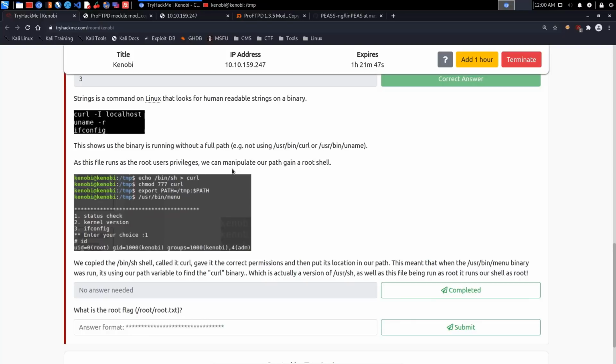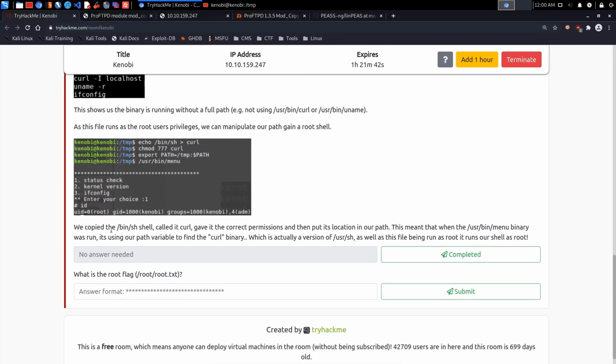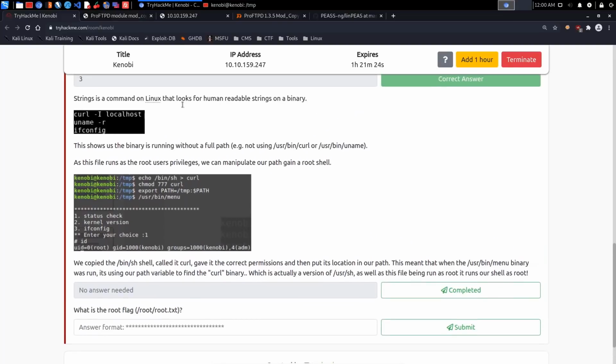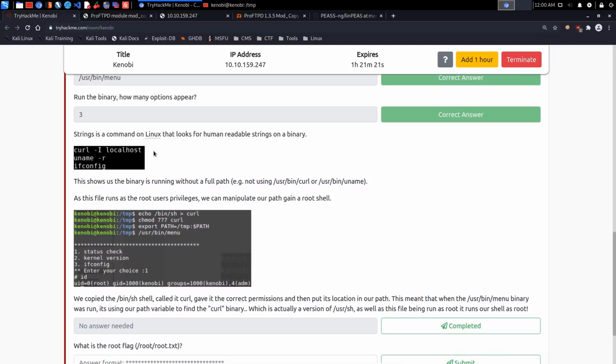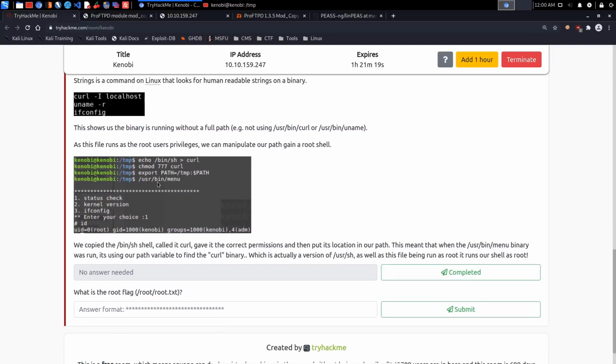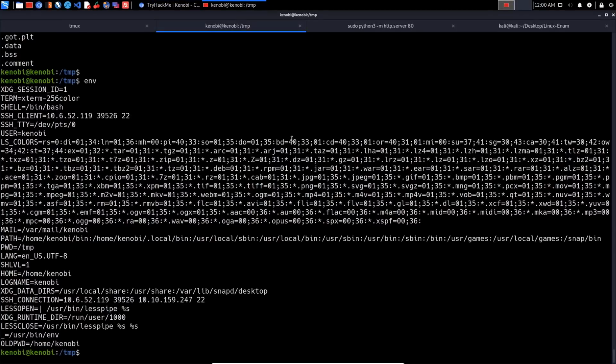But what are we exploiting here? Well, as it says right over here, it actually does this within the image. We can create our own curl binary, as it were, and put in a simple bash command that when executed will give us an elevated session because the menu binary is running as the root user. So again, I think we can use any of them here, but we can use the example here. So within the temp directory, we can simply say echo, and we say